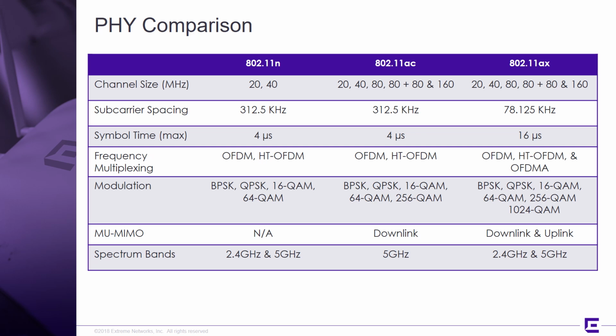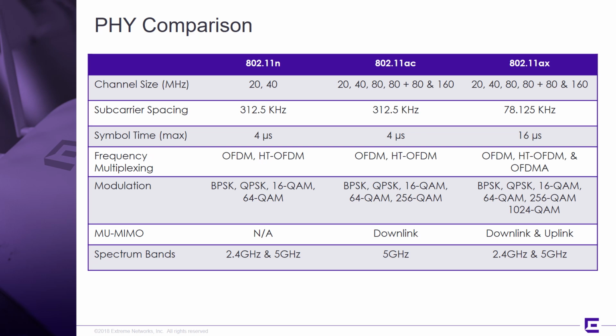Multi-user MIMO was not available with 11n, but with 11ac was available as a downlink variant. In 11ax, we will have the capability of both uplink and downlink variants, but we don't have high expectations for this in the enterprise. Certainly it has its use cases in homes and small businesses and things like this, but with lots of clients that are constantly moving, there are some challenges with multi-user MIMO,